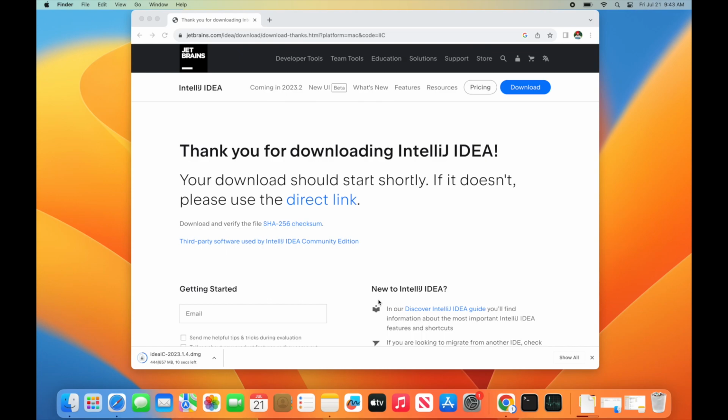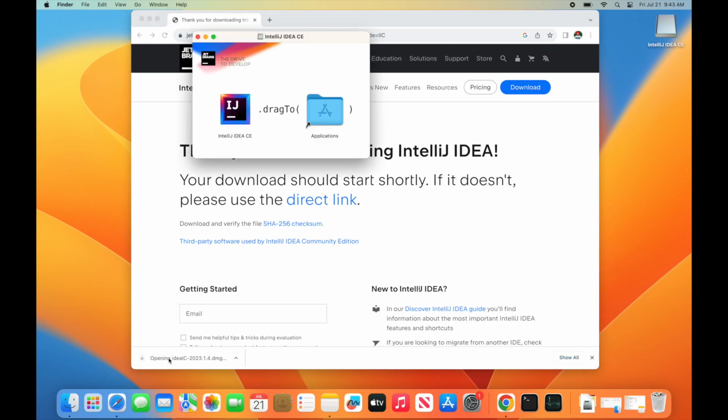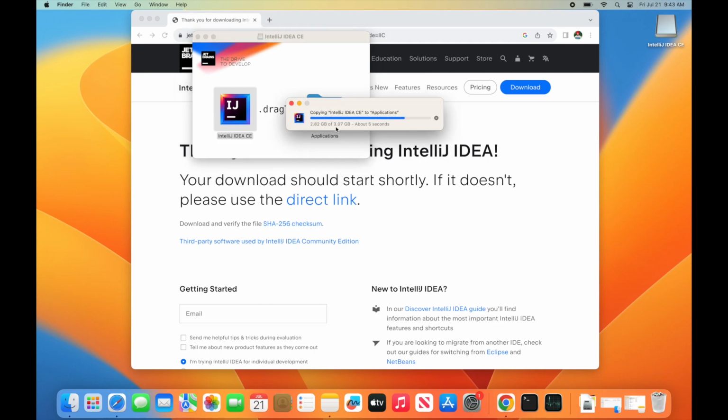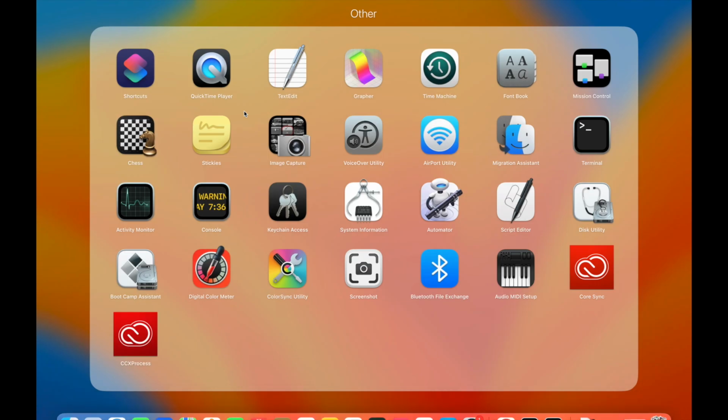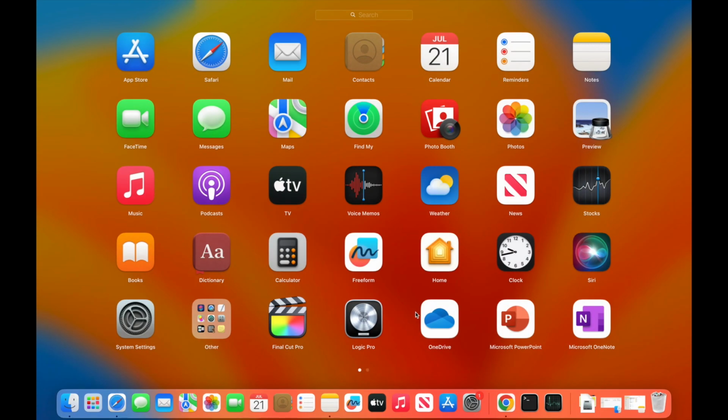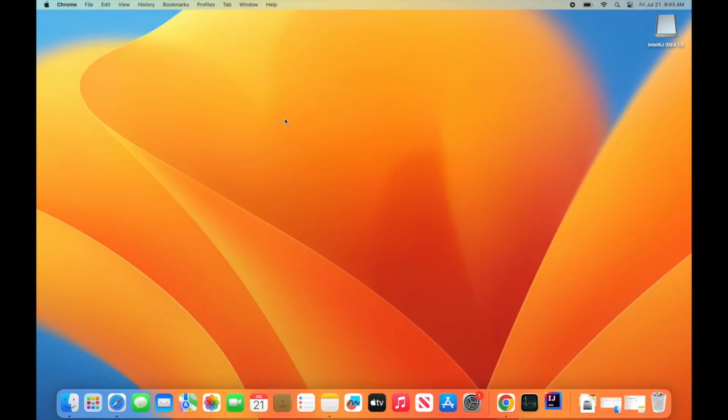So here we can see it's downloading, and once it's done, I'll show how we can install it. It's pretty simple, very straightforward process. So once it's downloaded, either you can go to the downloads folder or you can click on the bottom button on the Google Chrome. So here all you need to do is drag and drop to the applications folder and it's done. So your IntelliJ is installed onto your machine, and once you click on it,